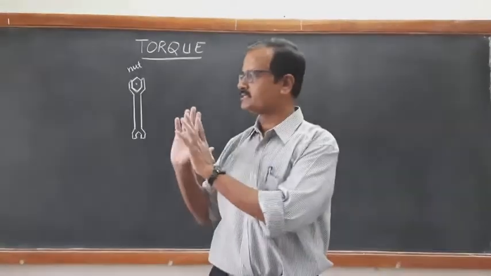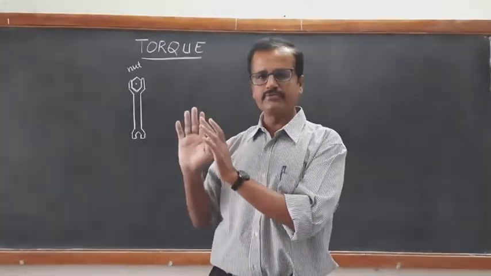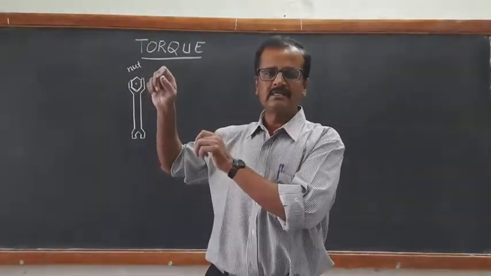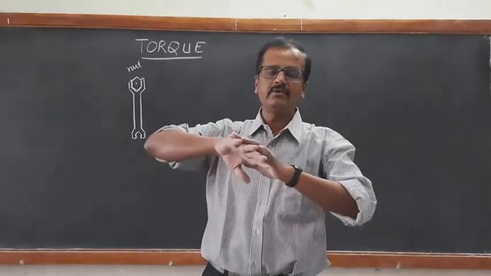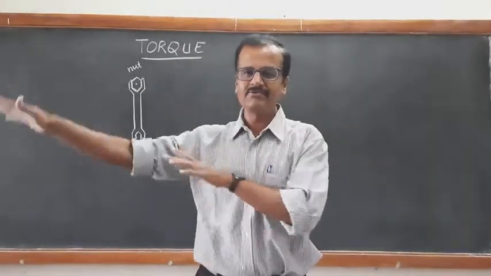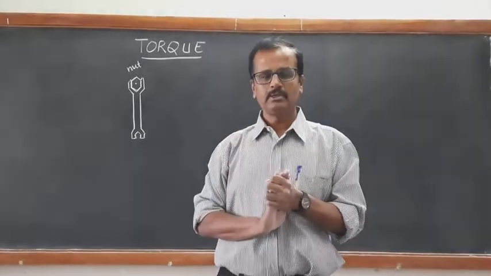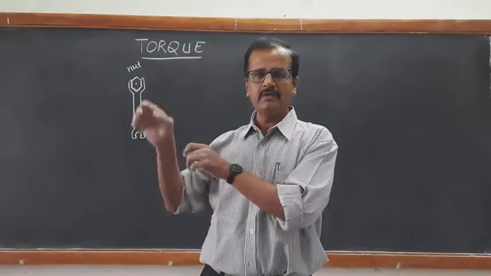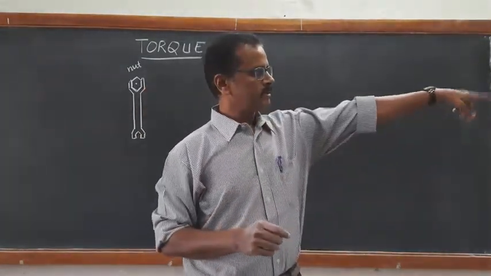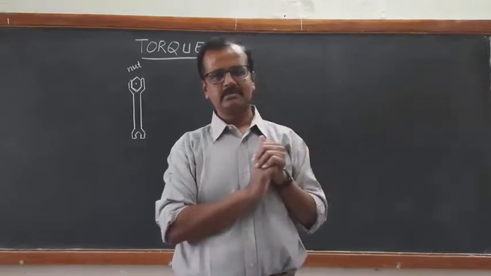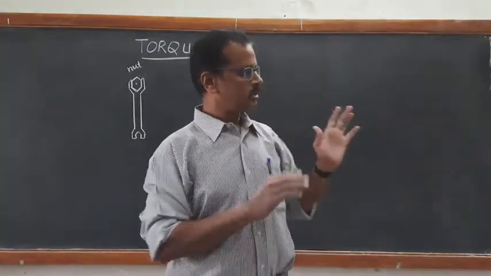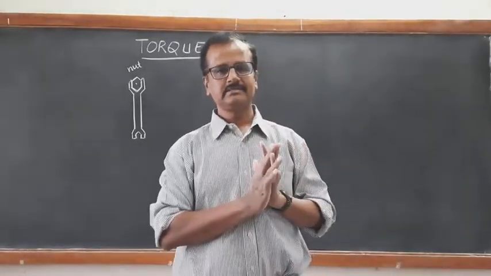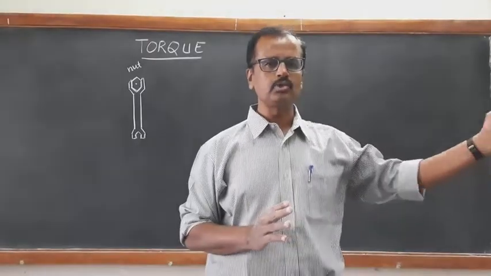In the same way, if it is a window door and you just apply force, if it is not fixed at the hinges, then the window door will not open. The window door will fall because of application of force. So at the edges, the window doors are fixed. Even the main doors are fixed at the edges, so that when we apply force, the door can be closed or opened by turning effect. So the door is turned to close, the door is turned to open,